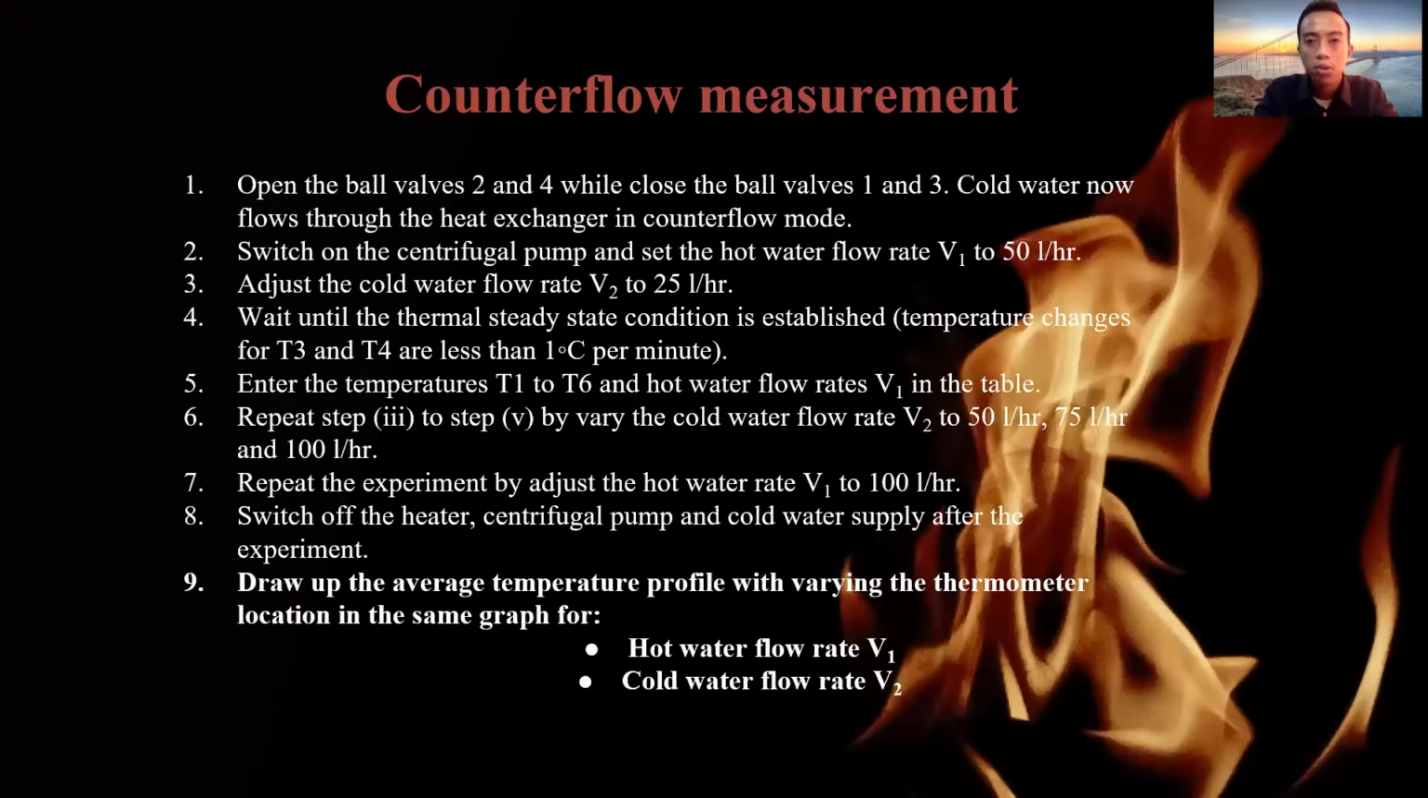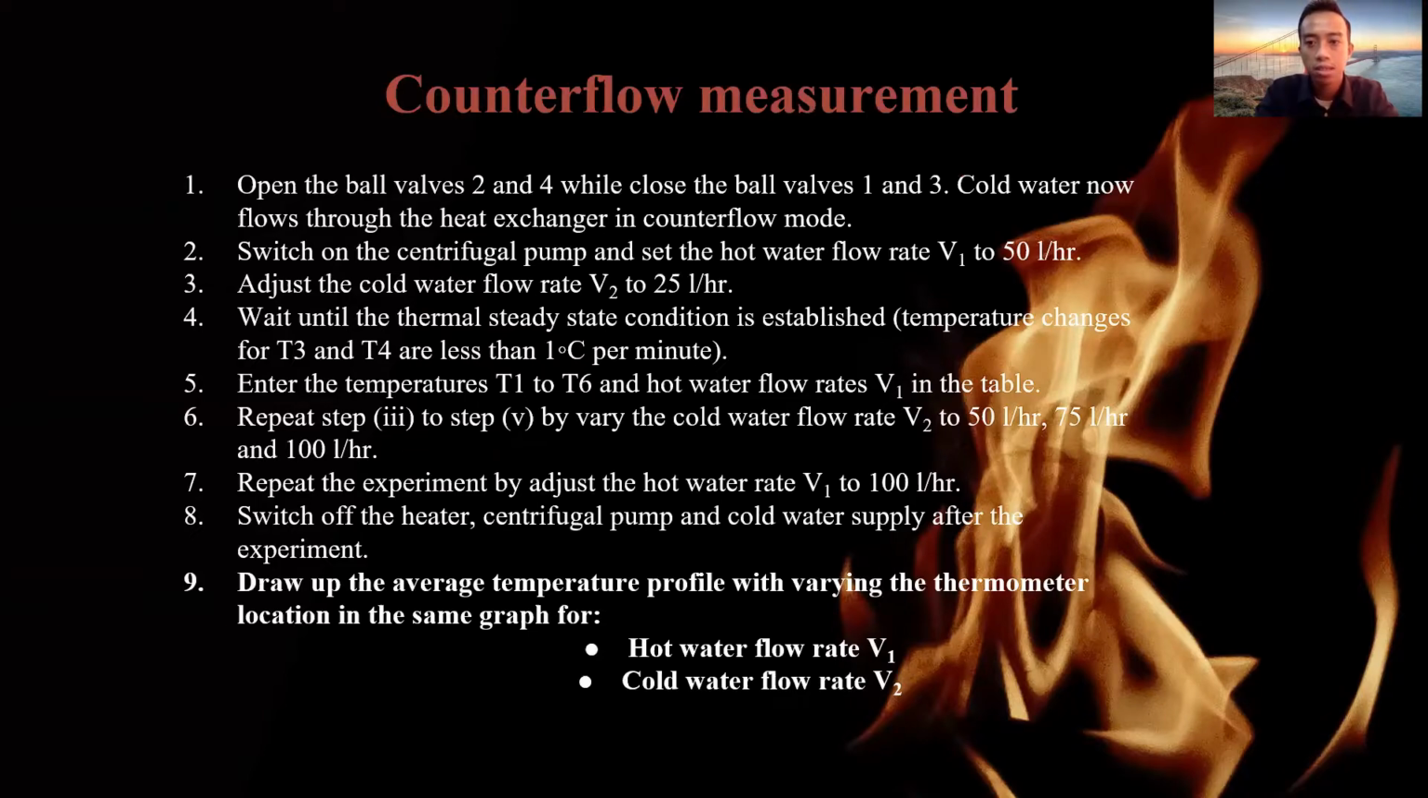Next, counter flow measurement. First procedure is to open ball valves 2 and 4 while closing ball valves 1 and 3. Cool water now flows through the heat exchanger in counter flow mode. Second, switch on the centrifugal pump and set the hot water flow rate V1 to 50 for 1 hour. Adjust the cool water flow rate V2 to 25 for 1 hour, and next